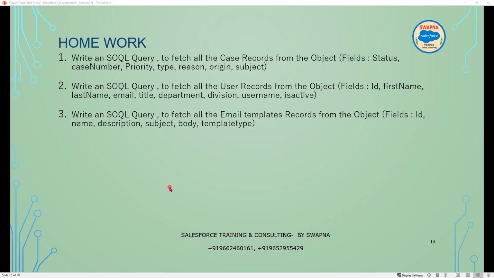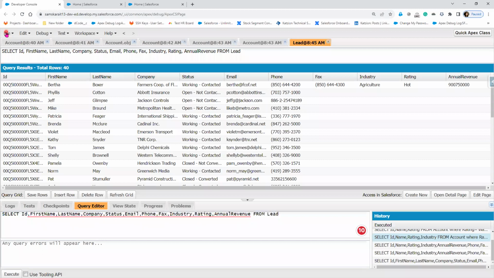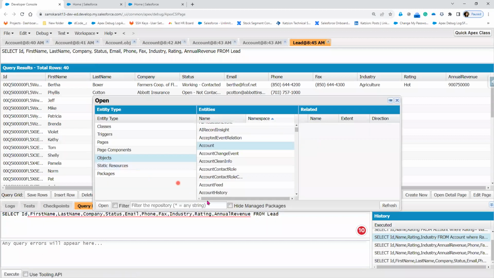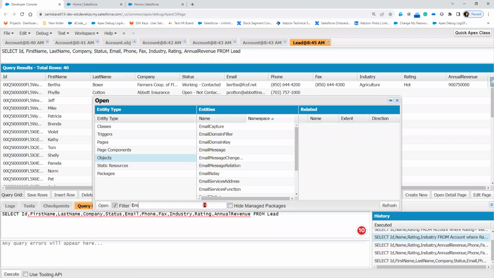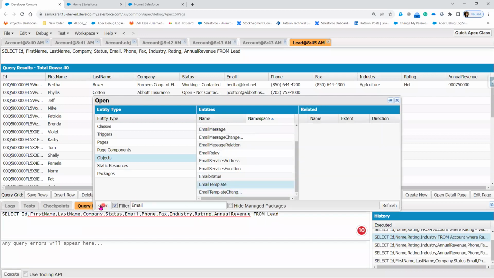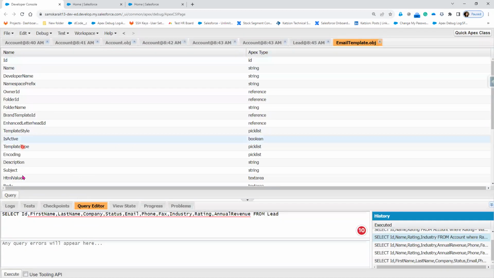body, right? Template. So all the email templates are available inside the email template object. Now, in case you don't know what fields are available inside the email templates, go to file, open, object, search here for email. Email templates. So you will see email templates. Now, if you open this, you can see all the fields that are available inside the email templates,